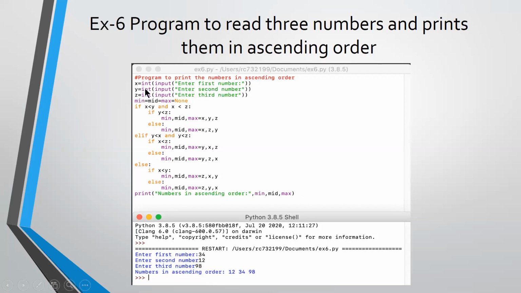Okay, so here I am reading 3 values, largest of 3 numbers அப்படின்றதுனால I am reading 3 values and then I am going to use 3 variables, minimum, mid and maximum, and I am initializing these with None, which is used to say there is no useful value. Okay, now look at the condition here.